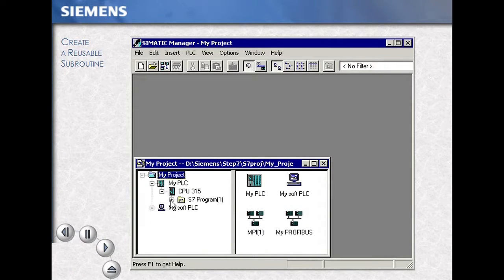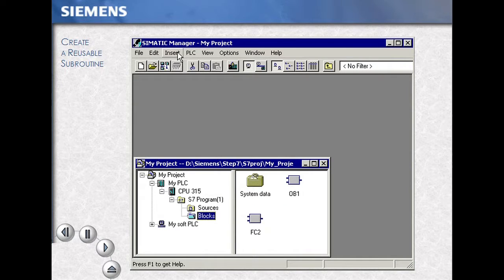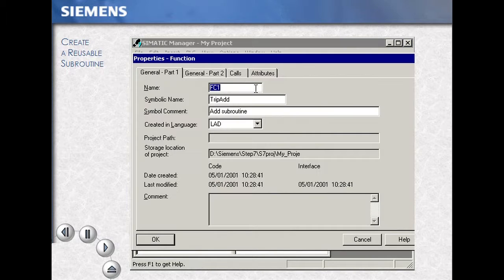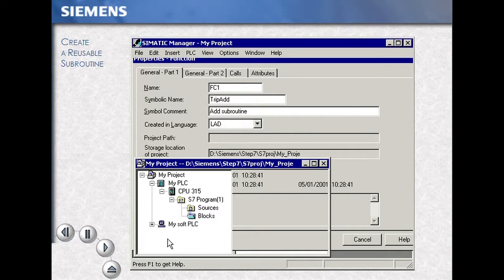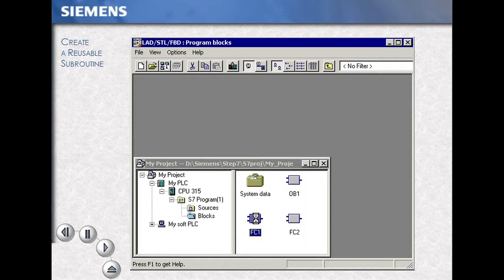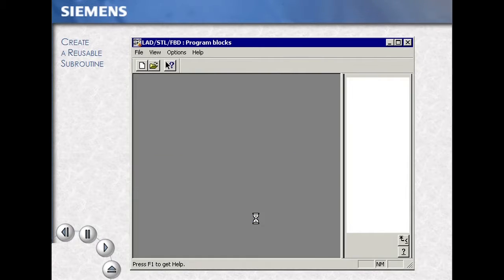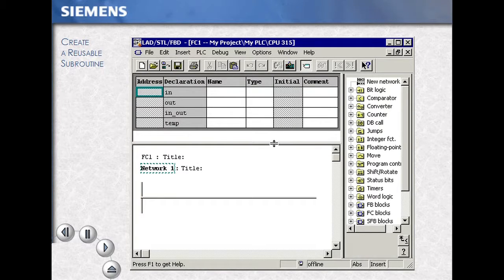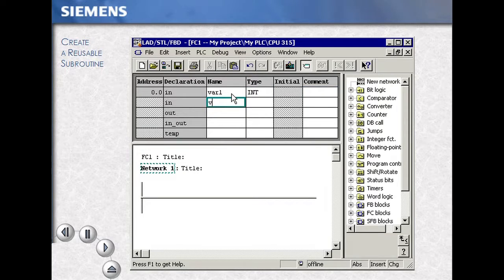Select your station, open the program folder to the Blocks folder. Using the menu Insert S7 Block, for this example we choose Function. We name and give our function its specific information, and then we select OK. Double-clicking our block opens the block into the program editor. To expand and view the local variable area, we slide the window. We then begin to enter our local variables, in this case variable 1 as an integer, and as you see